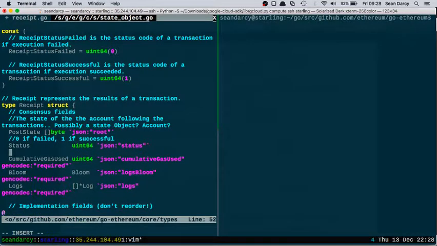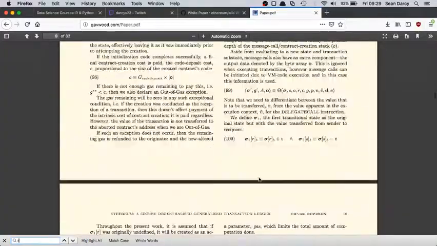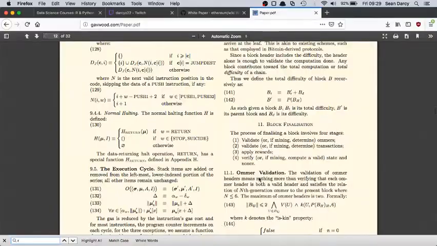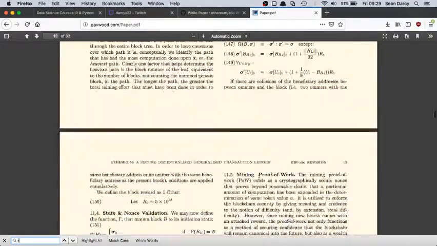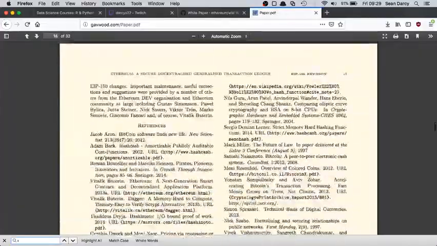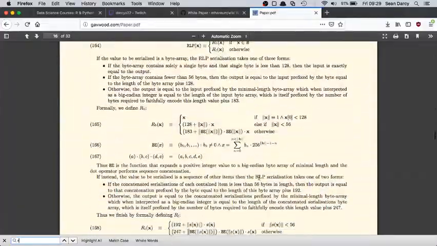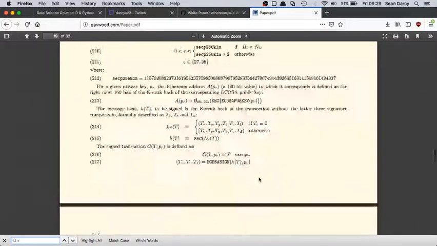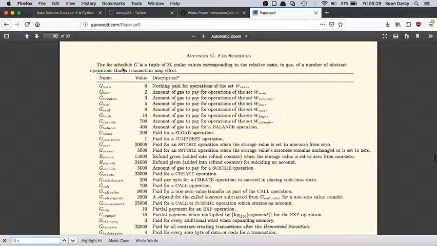Cumulative gas used. So after the transaction has been processed, it's going to have used some gas, which is the sum of all the transactions' opcodes that are in the actual code to go in a contract. They all have a unique gas amount, which is stated somewhere here. Down the bottom, I imagine. External actor. Here we are. Cool. Fee schedule, which is